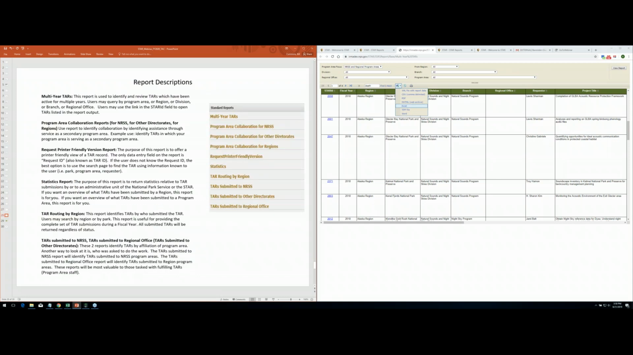Now I am running out of time and I want to take questions. So I'm going to just describe these reports. The multi-year TAR, this is where you would identify what TARs are multi-year. So if you wanted to know what TARs within your program area were multi-year,